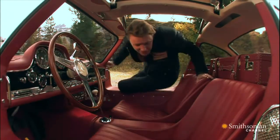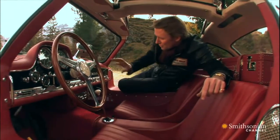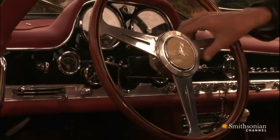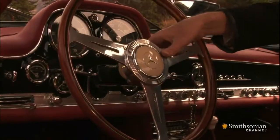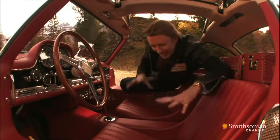The 300 SL's cabin was a riot of 1950s design. The driver's view was more of a 1950s jukebox than a typical traditional dashboard. In front of him, this steering wheel was thoughtfully hinged by Mercedes-Benz engineers to allow easy access. Of course, this is one of the first cars that the driver and his passengers actually sat down in rather